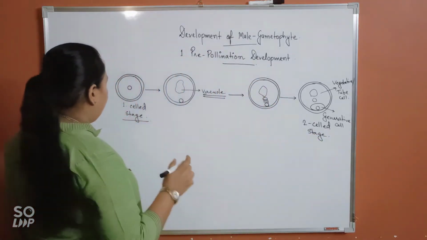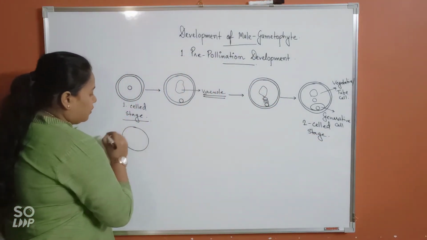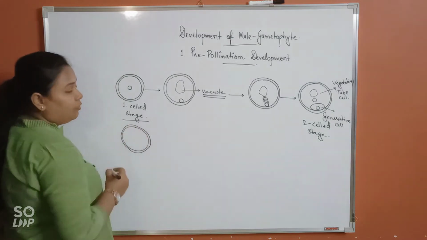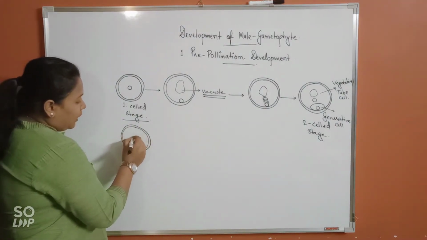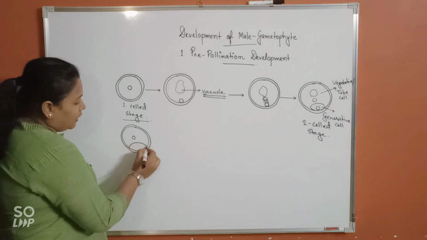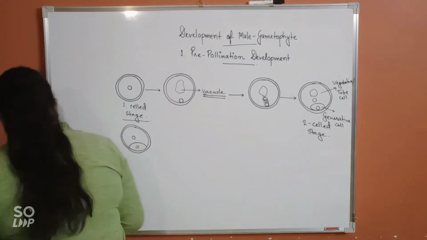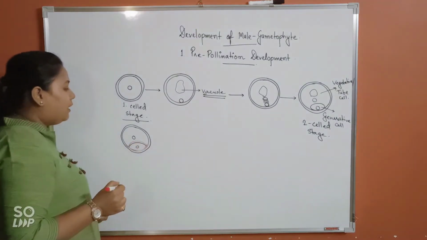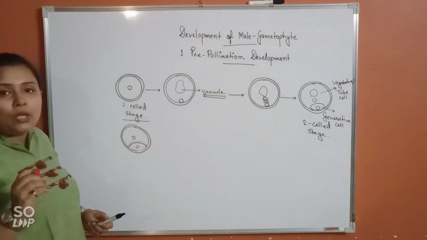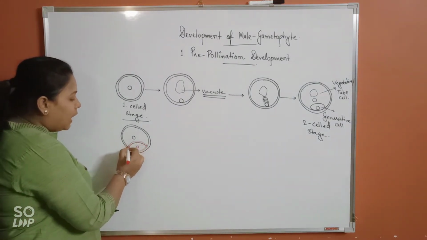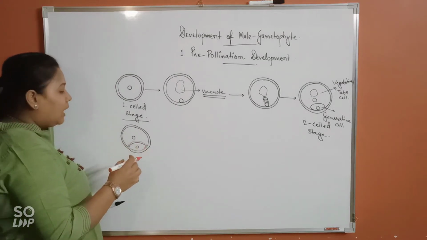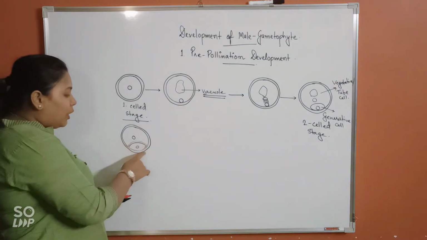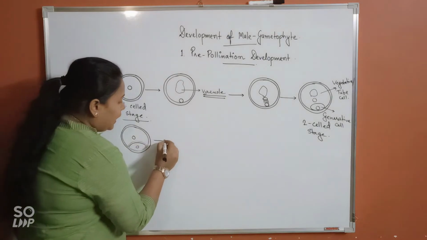Alright, now what will happen, you see? This being the cell wall, surrounding the generative cell, a callus layer will develop. Callus is a cementing layer and it is made up of beta-1,3-glucan, isn't it? So callus will start forming surrounding the generative cell so that it separates from the wall of the pollen grain. So if it is going to separate from the wall of the pollen grain, later on